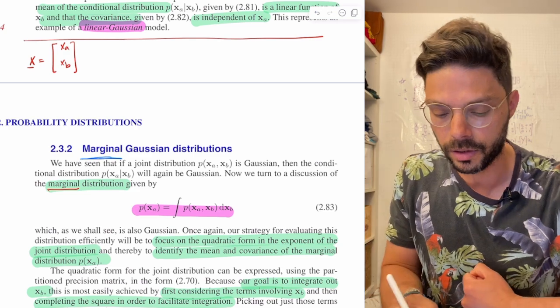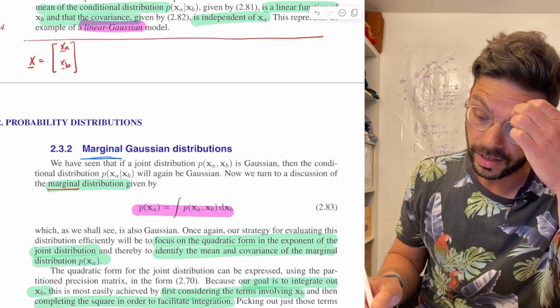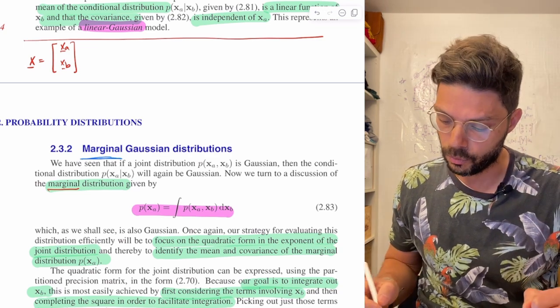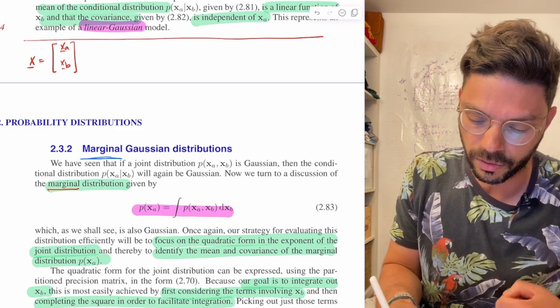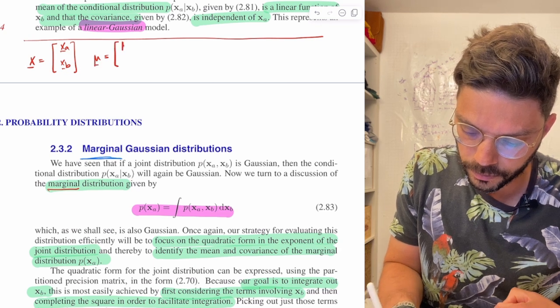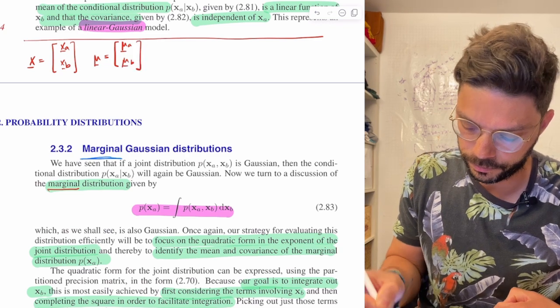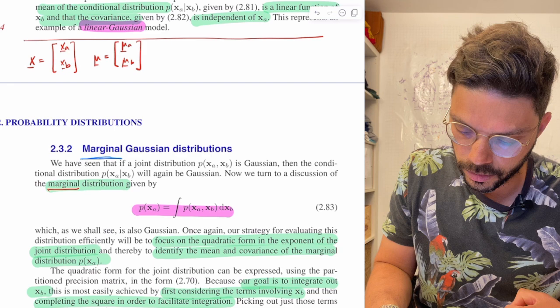So these are our variables, and these can also be vectors, just smaller dimension vectors. Now we're given that the joint distribution is Gaussian. So we've got means for these variables: mu of a, mu of b, and we've also got the covariances,